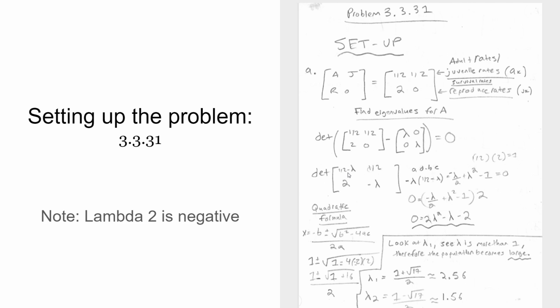So we have 1/2 minus lambda, 1 minus 0, which is 1, 2 minus 0, which is 2, and 0 minus lambda, which is negative lambda. And then you find the determinant. Now the way I find the determinant for a 2 by 2 is I take AD minus BC. So AD minus BC,